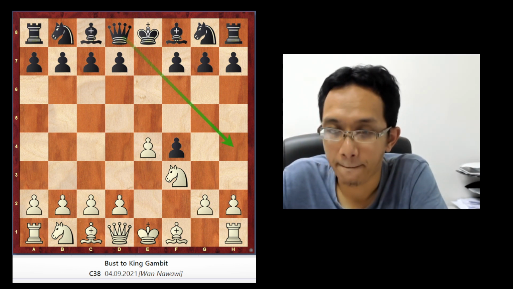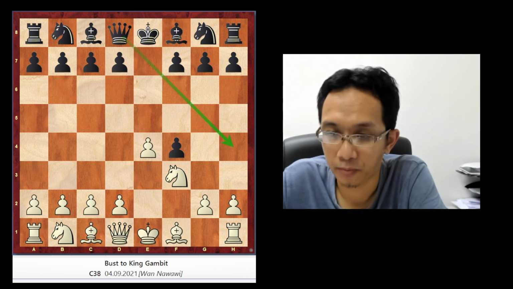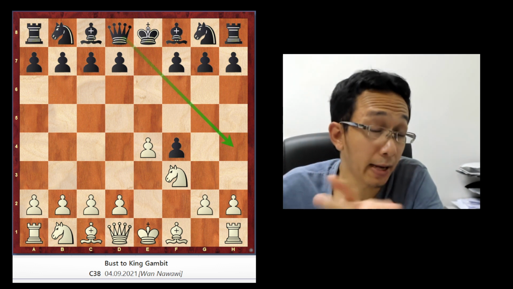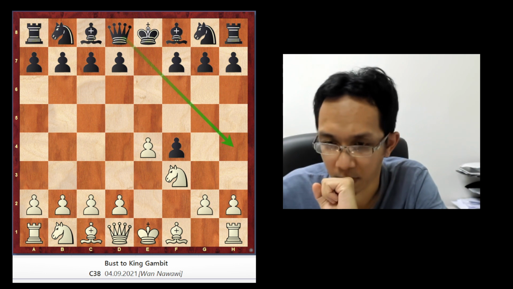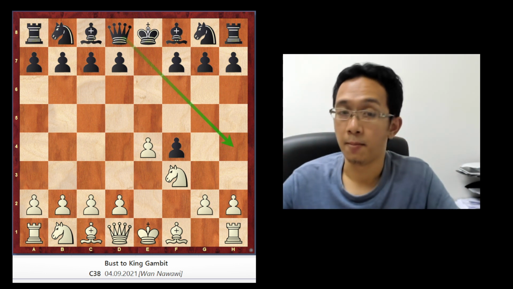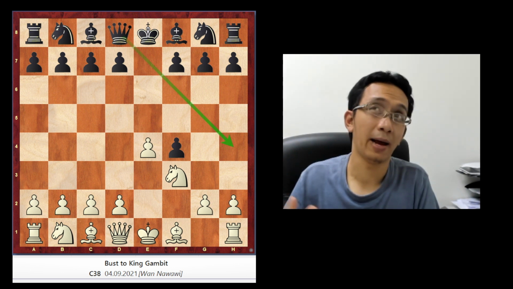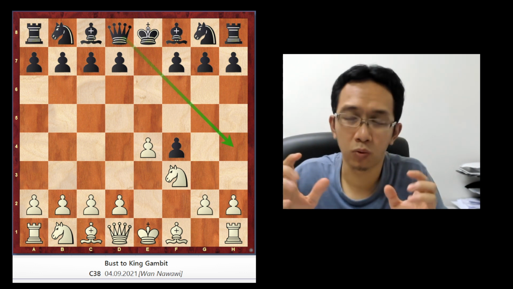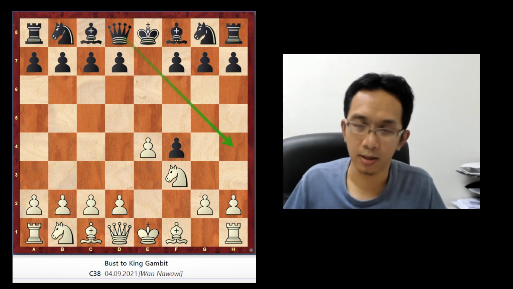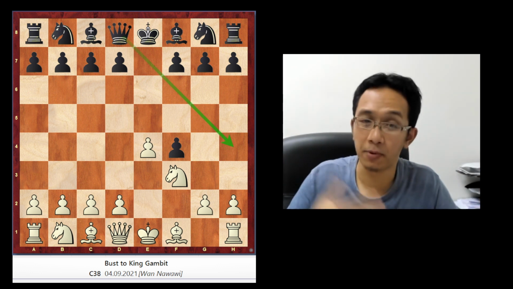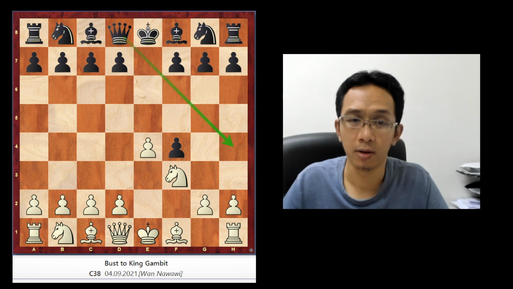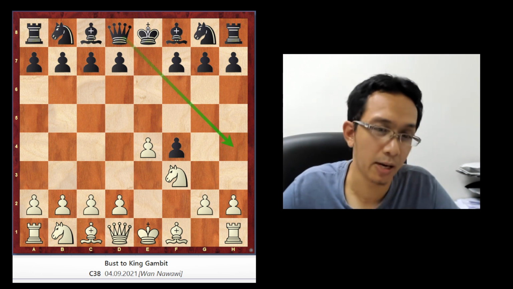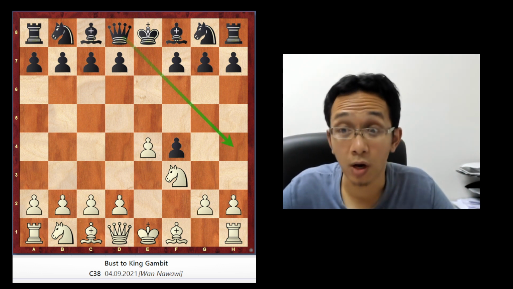In the next class later on, I will explain how to play against the King's Gambit and so on. Because even though you don't play the King's Gambit, by learning about it, you study how to play against the initiative. If people give you a free gambit, a free pawn, and so on, how to play against them. So in the next class I will also explain about the Mora Gambit, this Berlin, whatever. We will talk about that in the next class.